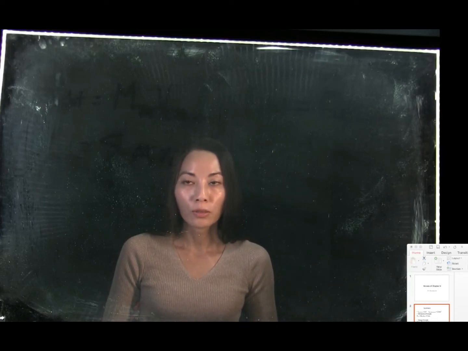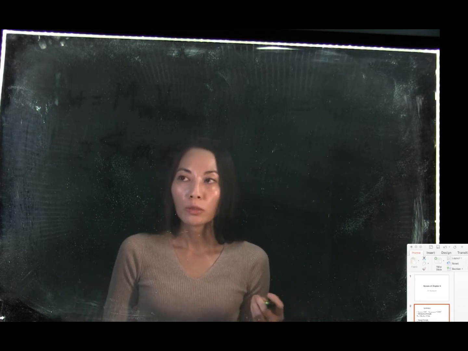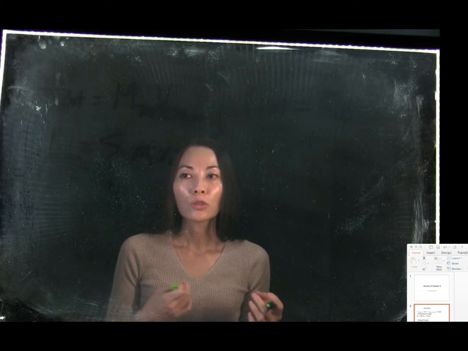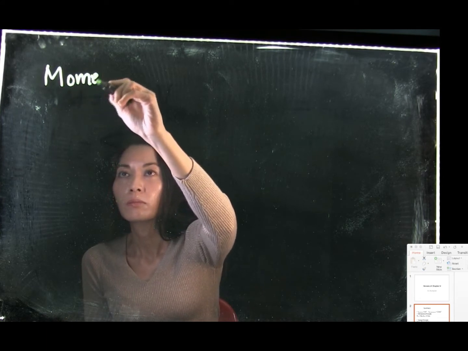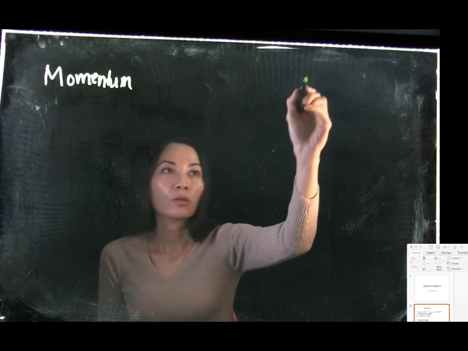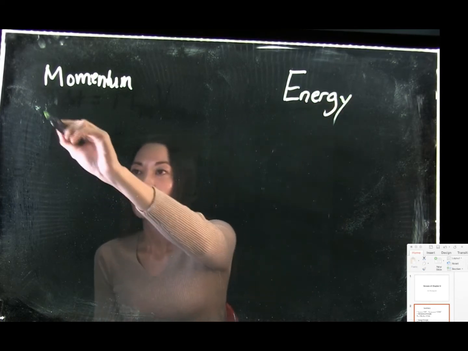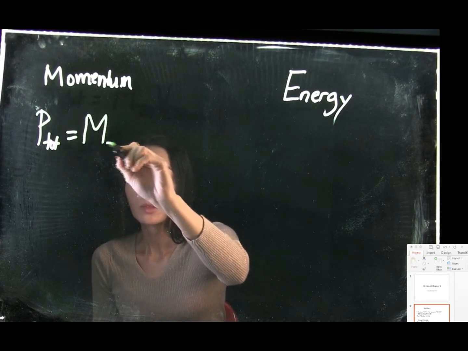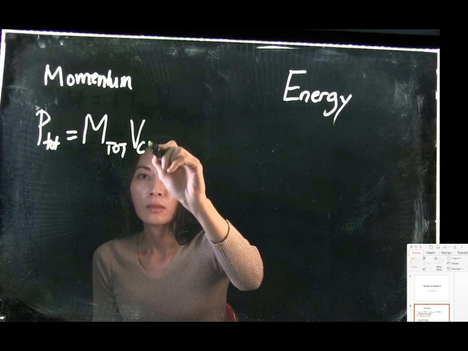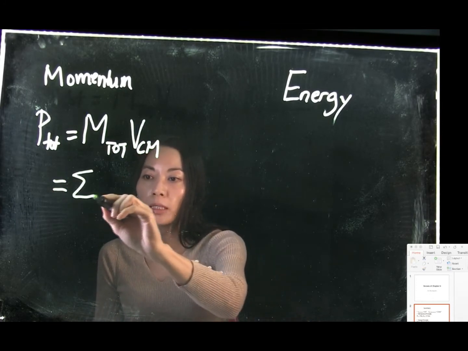So in Chapter 9, we address both translational and rotational motions. And so how do we describe the two types of motion using both principles? So we have the momentum principle and also the energy principle. In the momentum principle, we say that the total momentum is the product of the total mass and the velocity of the center of mass, and that's equivalent to taking the sum